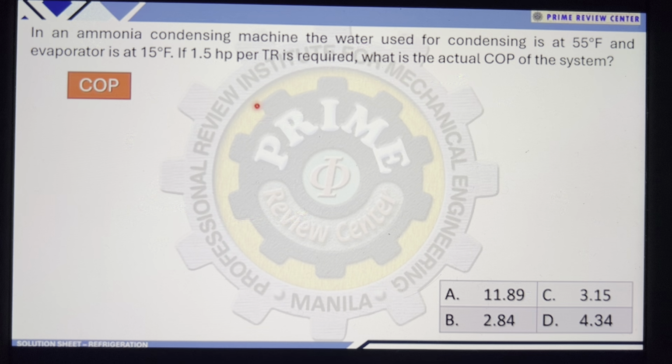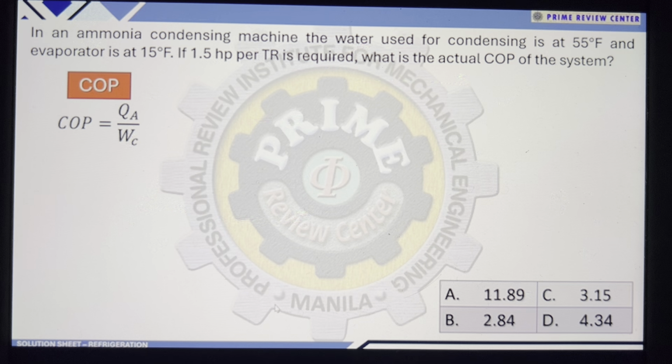So, since we are considering yung cooling, since meron tayong ditong condensing machine, then our COP will be most likely related sa QA over yung work ng compressor natin. So, this is our equation na gagamitin. So, heat added over our work of the compressor. So, if yung problem nagpapahanap ng actual COP, then,